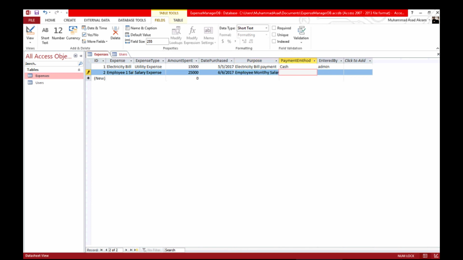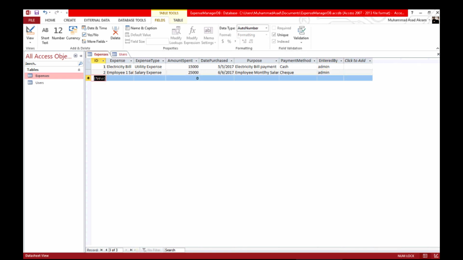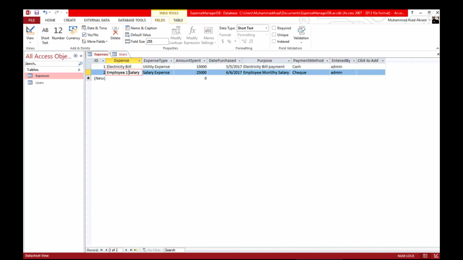Payment method. Now this payment method will be a check. There is something wrong here, a spelling mistake. Payment method. Now entered by admin. Now as you can see, the ID column is now incremented to 2 automatically. I have not entered any data here. So now let me just resize these columns. So you can see our second record is also entered successfully,